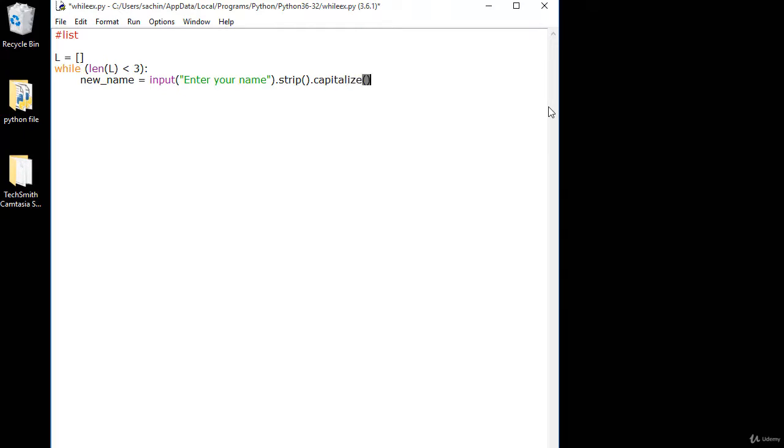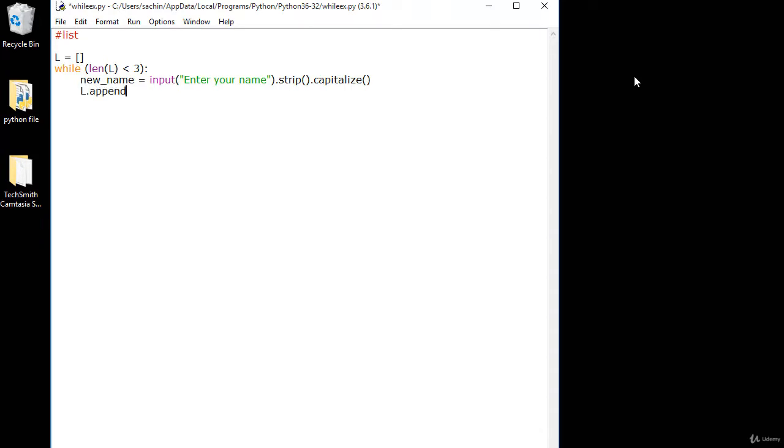Just for a quick review, what strip does is just remove the blank spaces in your inputted name or string, and capitalize is for capitalizing the input that the user has given. Similarly I'll append.